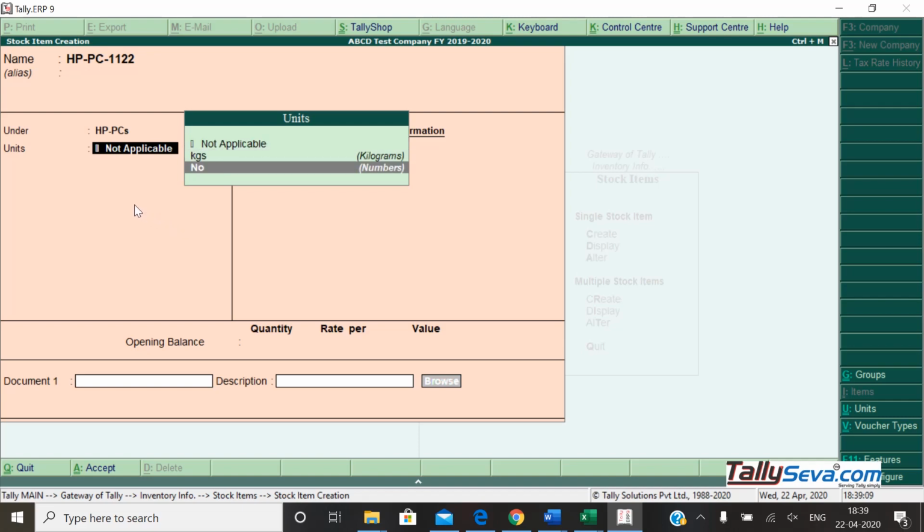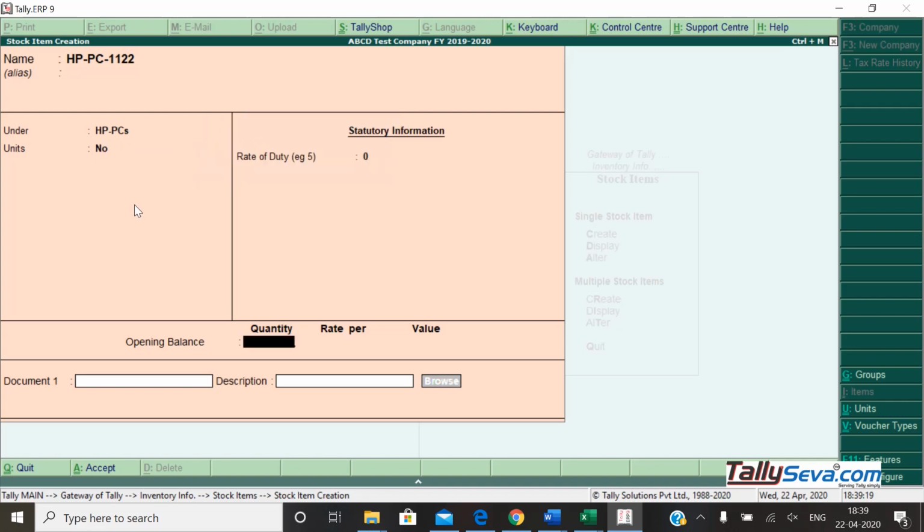Here also very important, if you forget to select numbers while creating here, the quantity will not come while measuring. So once you post the entries, if you want to edit this stock item again, Tally will not allow it. So be very careful here. The unit part you must take care of, numbers. If any opening balance quantity, for the reporting sake, we entered some dummy quantity. Let's see the reporting part. I'm taking everything as 10 and taking approximate value of a PC as 10,000 rupees a PC.